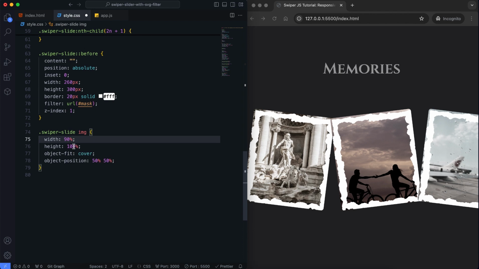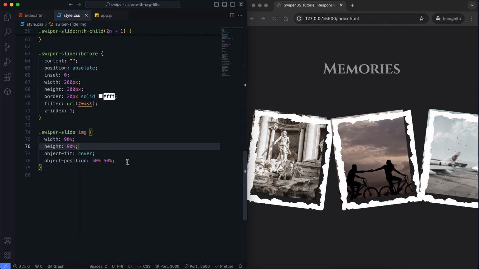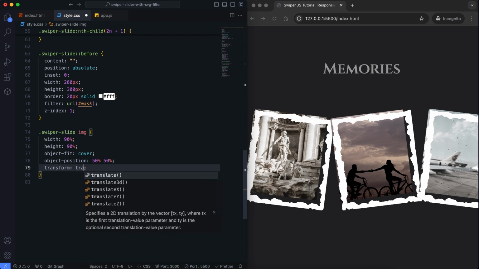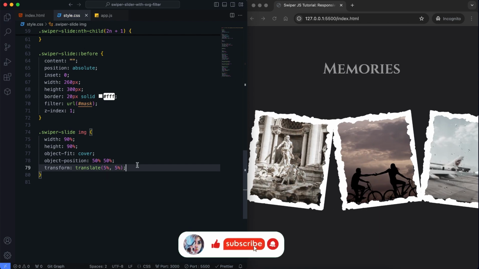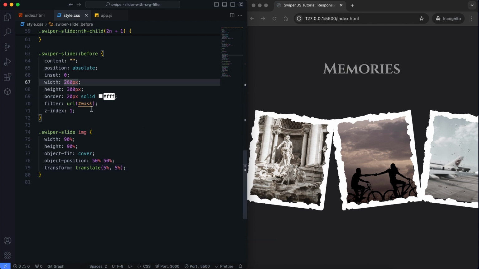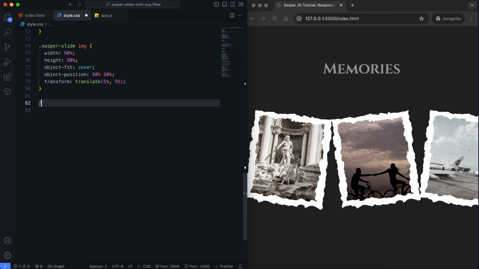I readjust the width and height of the image to fit this filter perfectly, but this time there is space on the right and bottom. I set this with transform. But a slight gap remained. I fixed this by reducing the width and height of the mask a little. If you suggest any methods for this, you can share them with us in the comments.